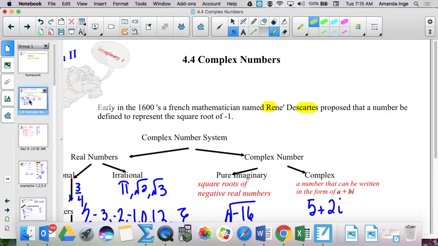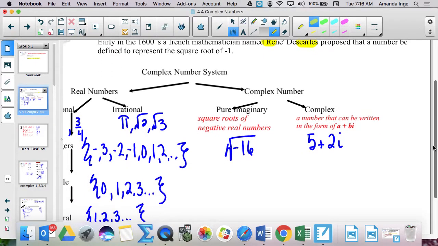Today we're going to be talking about complex numbers. In the early 1600s, a French mathematician proposed that a number be defined to represent the square root of -1. So when he did that,